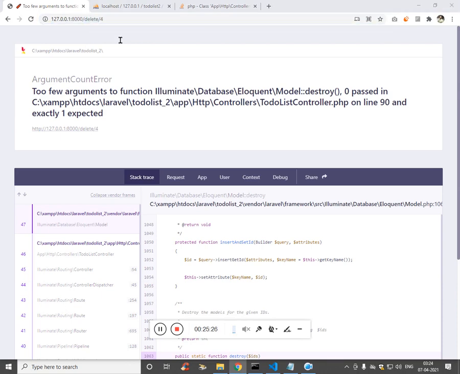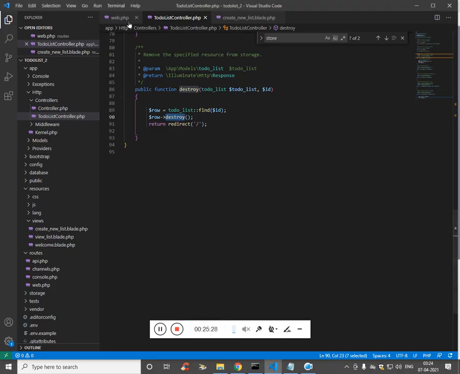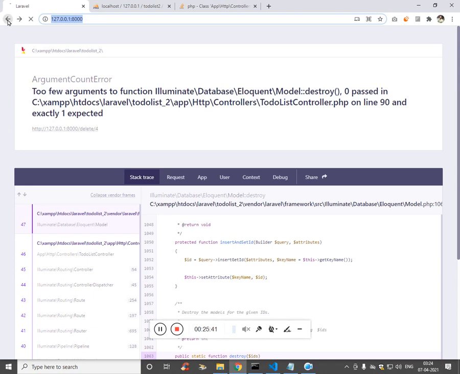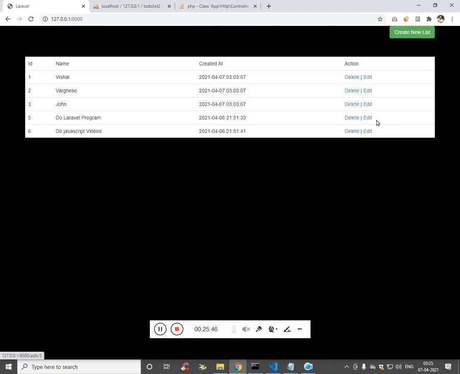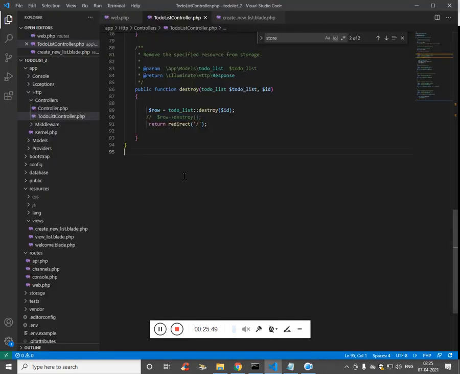It is the URL, so we are creating the URL properly. Or let's try to use the function itself. Adam is deleted. We don't have to find it, we just have to pass it to the function called destroy.